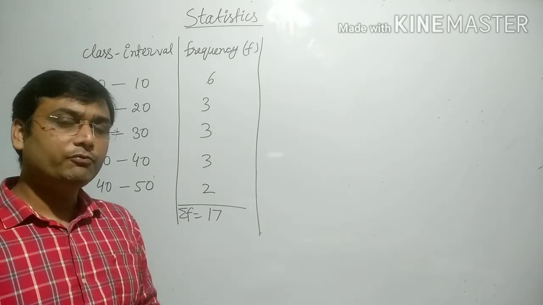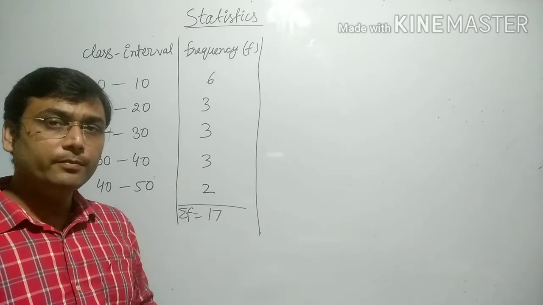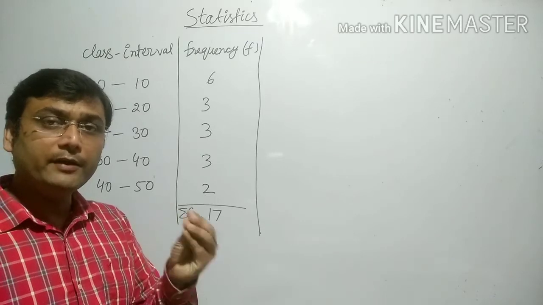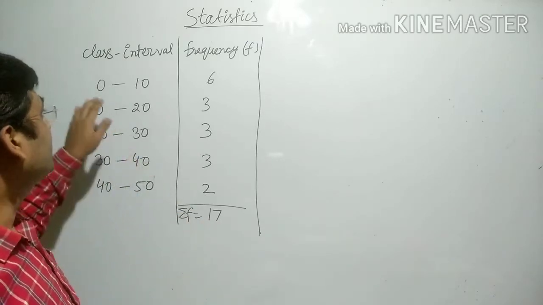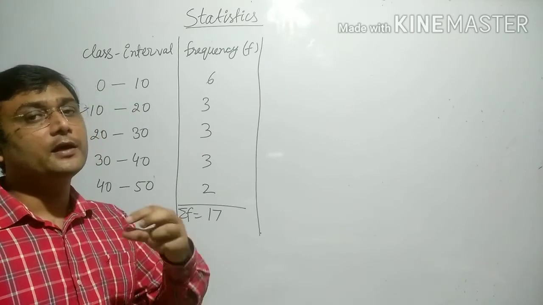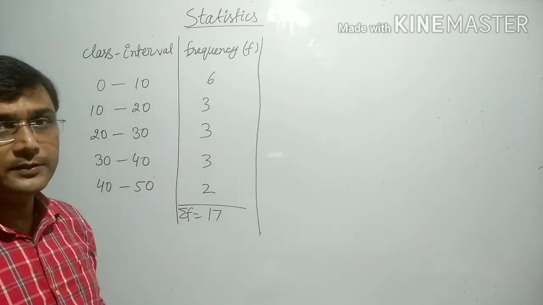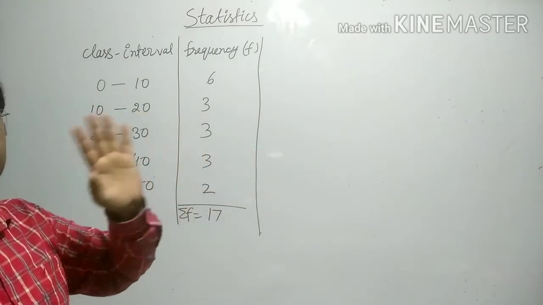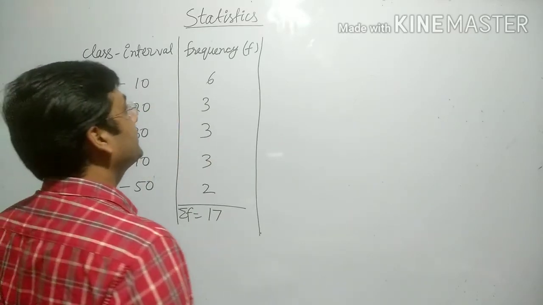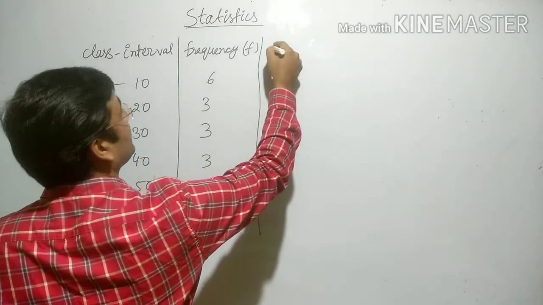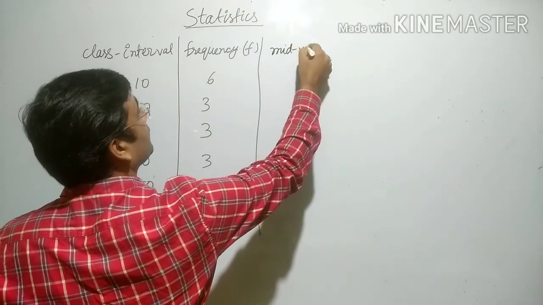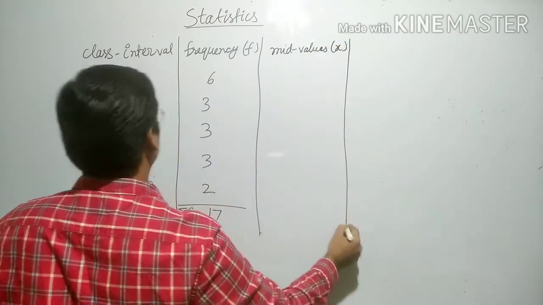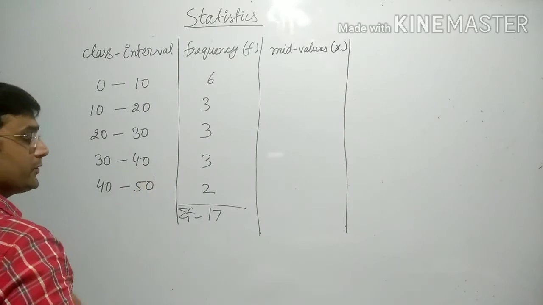So in that case we will take a middle value. The mid value will help. Whenever there is confusion, we will take an average type of value. So for each interval we will find a mid value by which we will multiply the frequency, and that mid value will be called x here. After that everything will be the same as in the previous examples. So we will find the mid value and denote it by x. Now what is the mid value of 0 to 10?